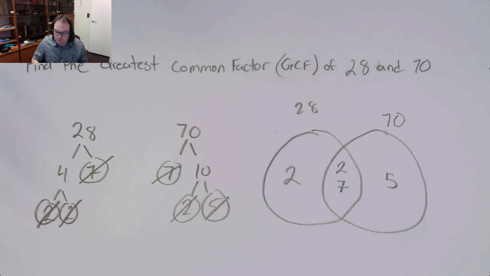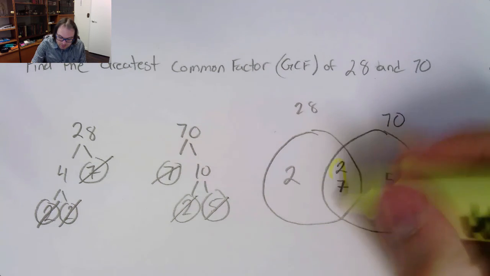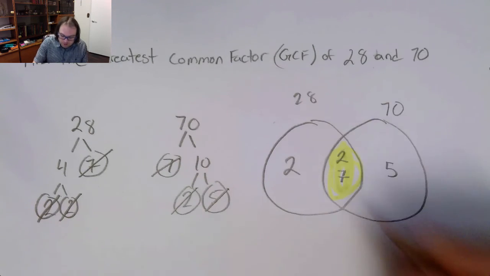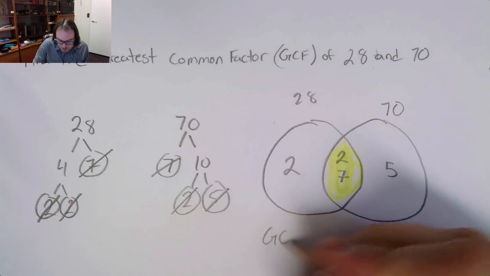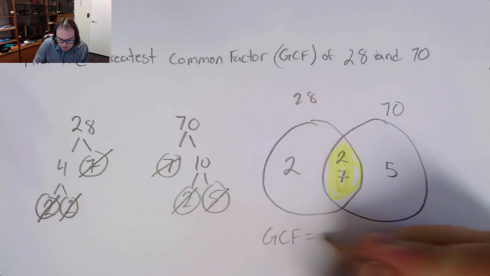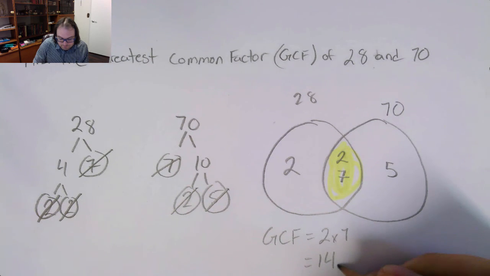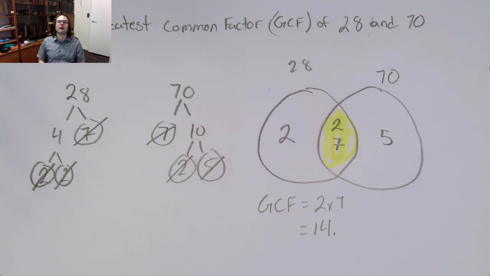So once again, for greatest common factor, I want just what's in the middle and overlapped, this little part here. So I look at this, my greatest common factor is equal to 2 times 7, which is equal to 14. And that is how we find greatest